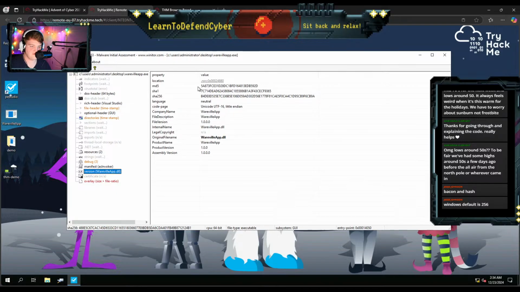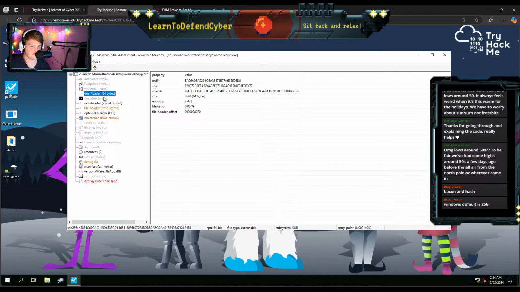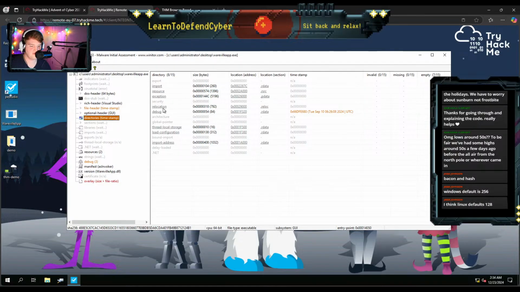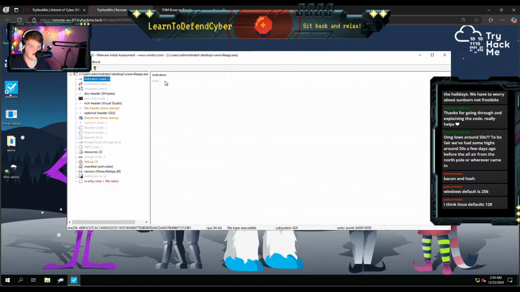We can get some info about this DLL that we pulled. Nothing cool. DOS header. Directories. We got 8 out of the 15 directories. Import, resource, exceptions, debugs. I don't know why it's not giving us our indicators here. It's just telling us to wait.